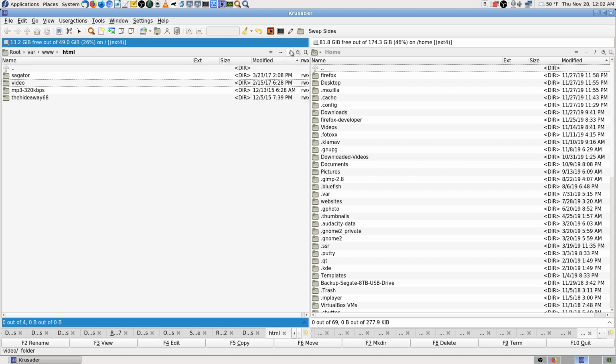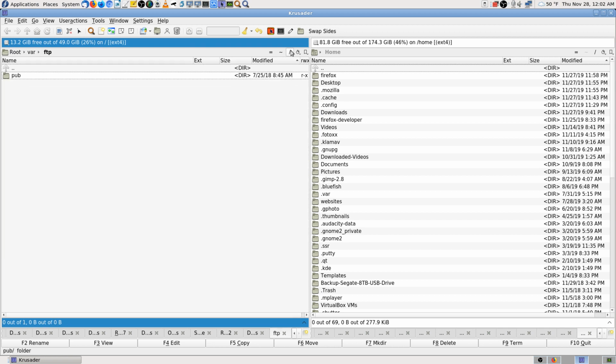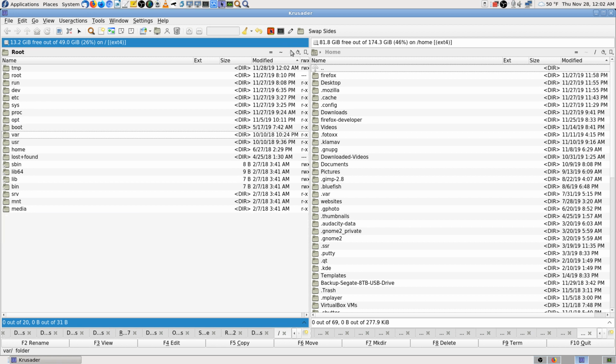I don't know why that's in there. I wonder if I got mixed up and started copying them over there and then quit one day, when I was trying to copy my website to the actual server. I didn't expect it to be anything but empty. I don't run FTP servers on this machine, but if you did, that's where you'd put the files. Anyway,